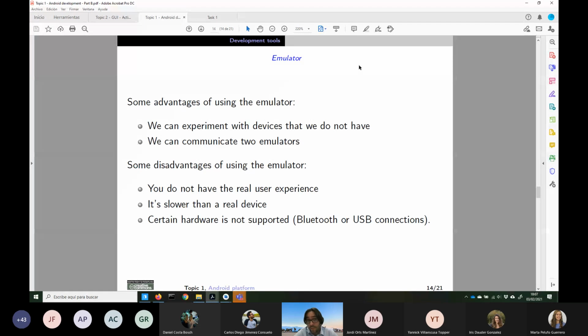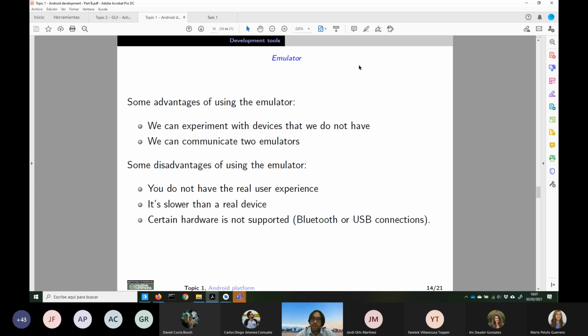You have an iPhone, you don't have an Android phone. One problem that we face when developing in Android is that there are a lot of different devices, not only in terms of the software, but also in terms of physical characteristics, in terms of the hardware that they are offering to the user. So with the emulator, you can emulate many different devices and ensure that your application will run correctly on such devices, or even at least